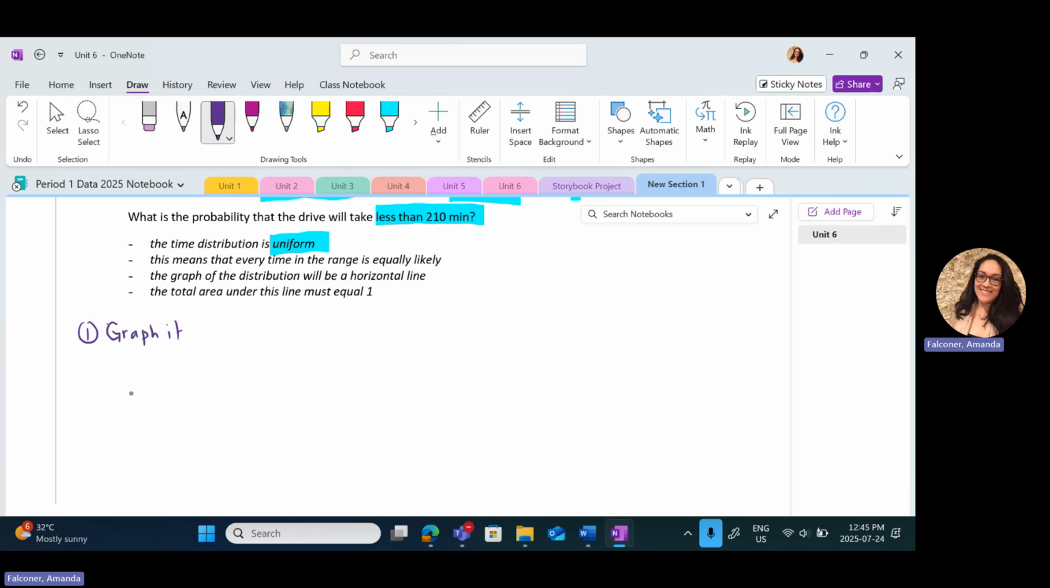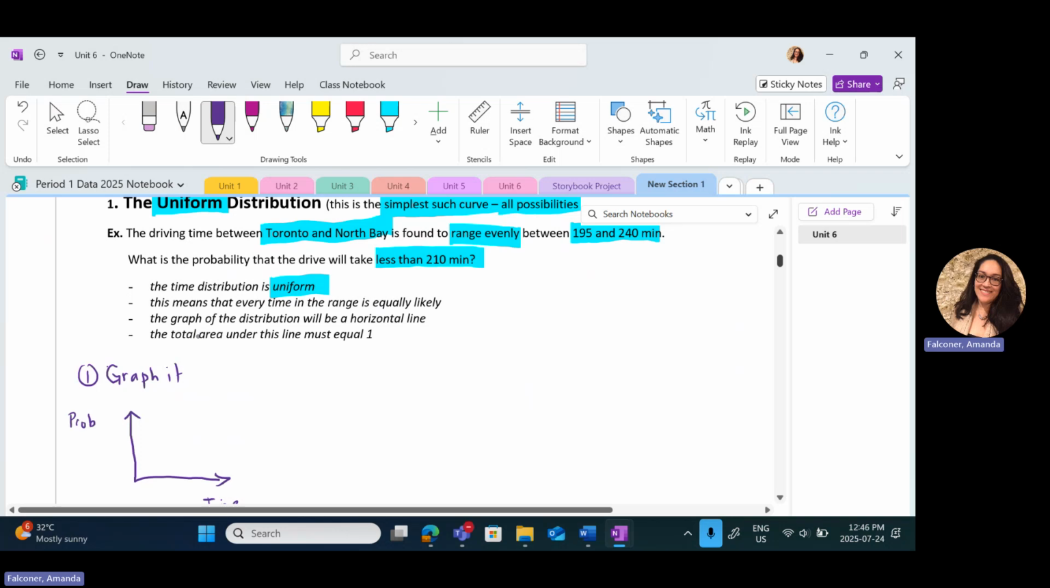Graph it. So my graph, just like probability distributions in Unit 5, which we did briefly in the first lesson: the probability goes on the y-axis, and the unit of the outcome, which is time in this case, goes on the x-axis. And so the question read that the time it takes to go from Toronto to North Bay is somewhere between 195 to 240. So every single